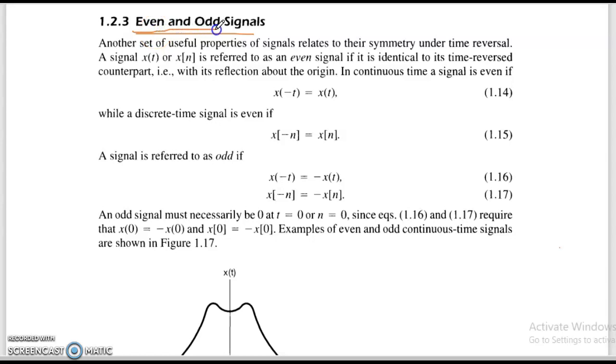Even and odd signals. Another set of useful properties of signals is symmetry under time reversal. A signal x of t or x of n is referred to as an even signal if it is identical to its time reversal counterpart. That is,